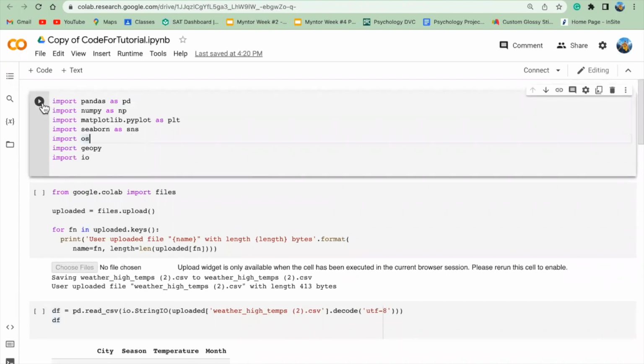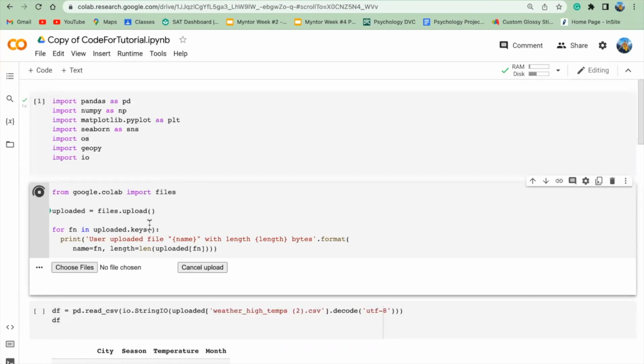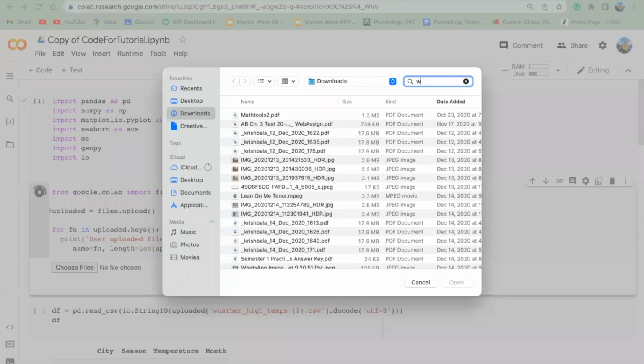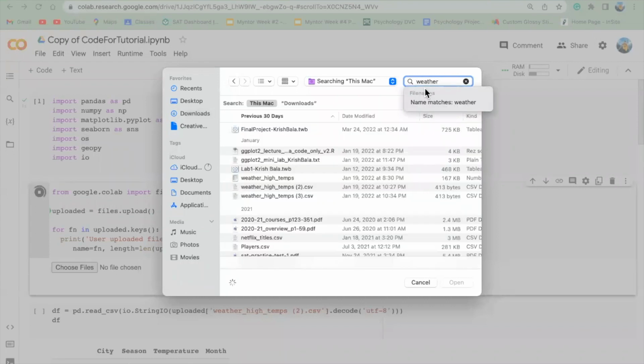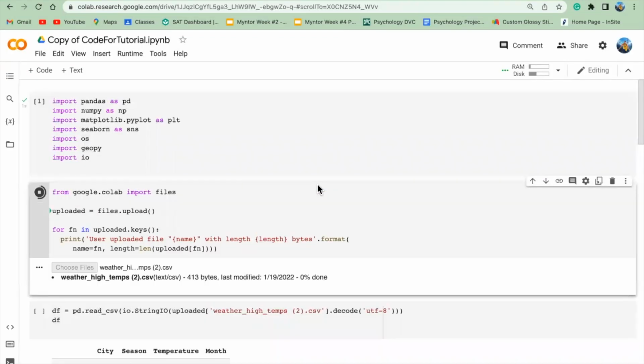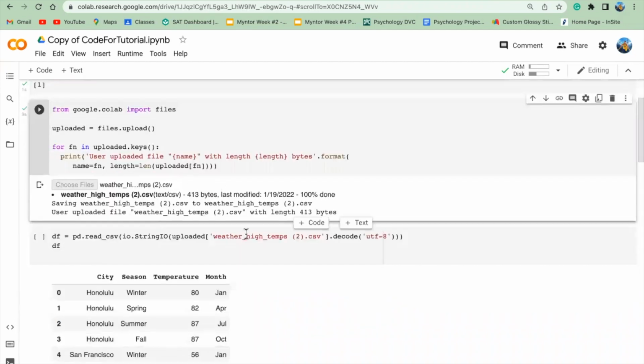First, obviously, run these import packages. These are always really important, right, guys? So I'm running that. Okay, cool. Now we have to select a file. It's actually been a while since I used this file, so I might have to search for it. I think it's this one. Yeah, there we go. See, I found the file that